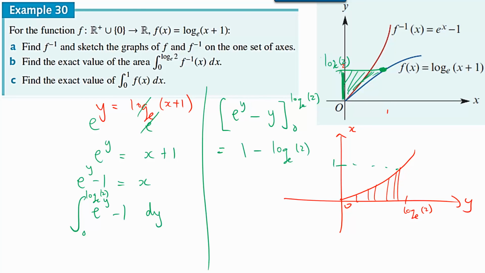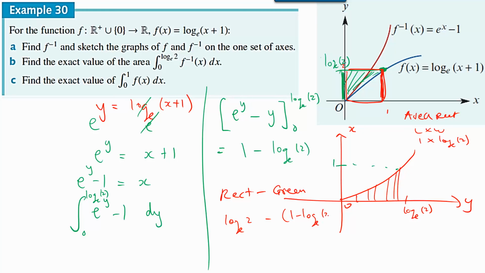Okay, and so right here, that's not our final answer. Remember, we found out the green. What we want is to find that area underneath the blue. But it's easy to find, because we know this rectangle is the entire area. If I minus the green from the rectangle, I'll get that leftover region that I want. The rectangle's easy, the area of a rectangle is length by width, and it's 1 times log e of 2. So your final answer would be rectangle minus green area. So the area of the rectangle is log e of 2, minus 1 minus log e of 2, and your final answer now becomes, what's that, 0, which? No, yeah, 2 log e of 2